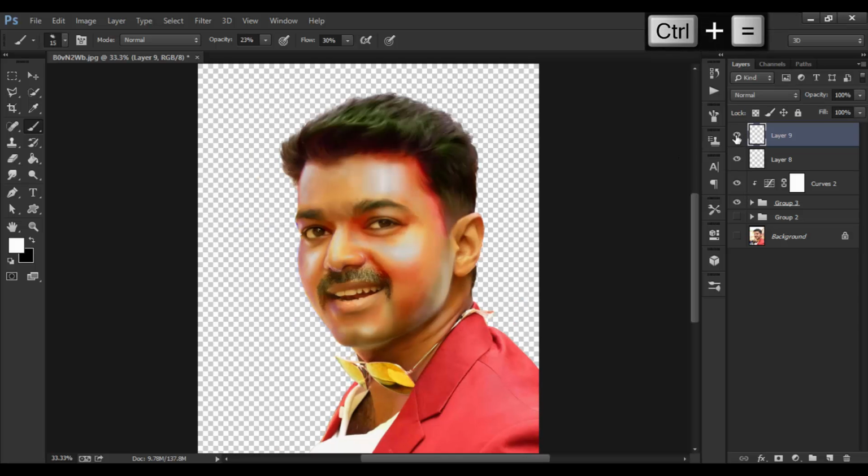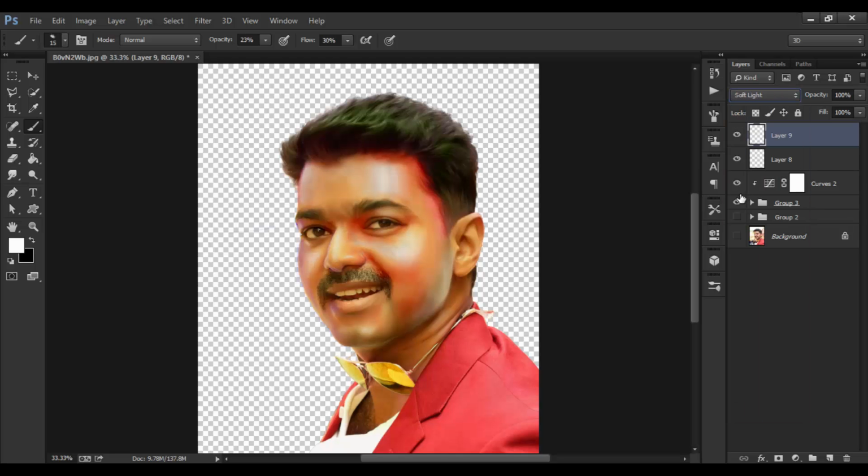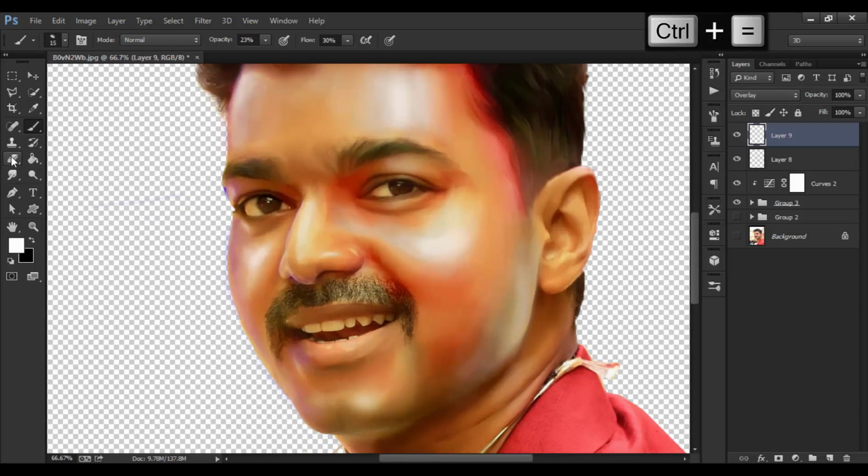I feel I have added too much effects, so let's use some blending options to hide some. I think this overlay blending option does some fine results for us. I feel it's nice to look, and we need to clear these areas,